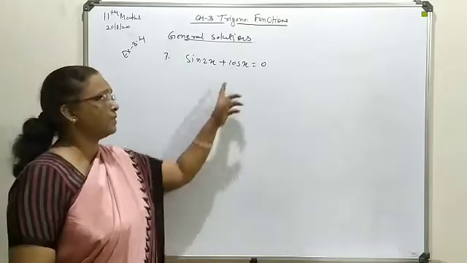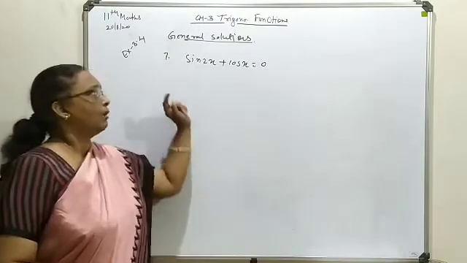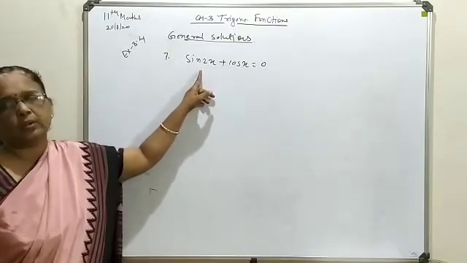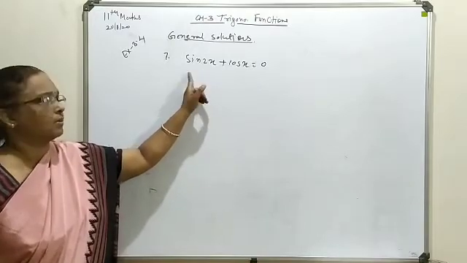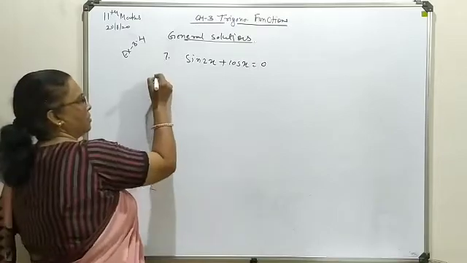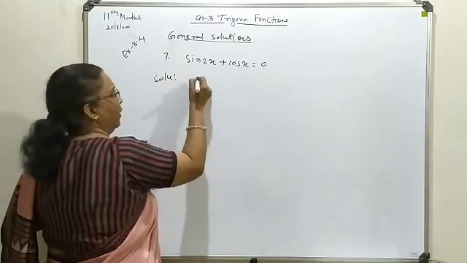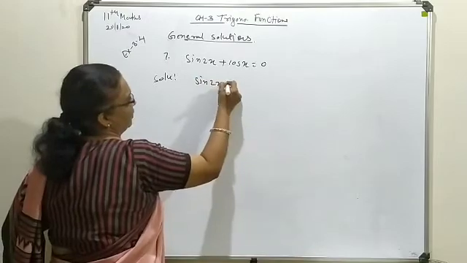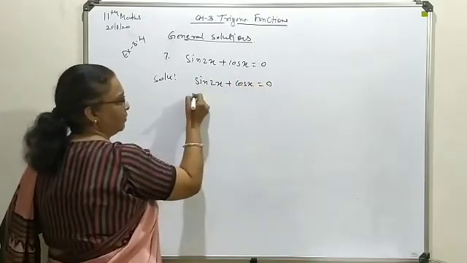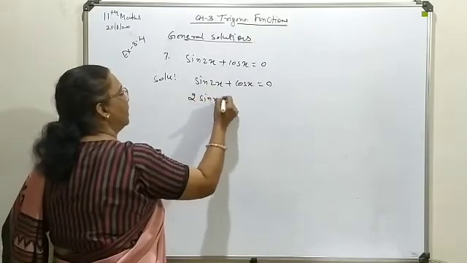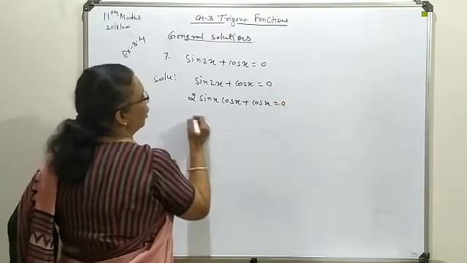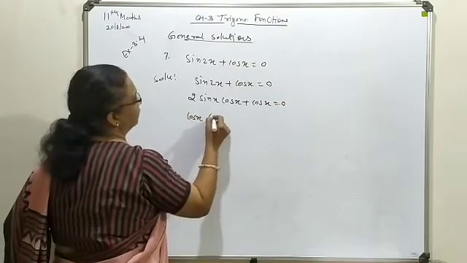For your reference, this cos x is available. We know the formula of sin 2x can be written as 2 sin x cos x. So cos x you can take common, so your terms will be separated out. Let's start with the given form, sin 2x plus cos x is equal to 0. Sin 2x we know is 2 sin x cos x, cos x common.